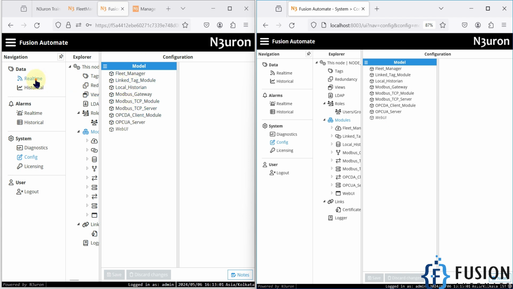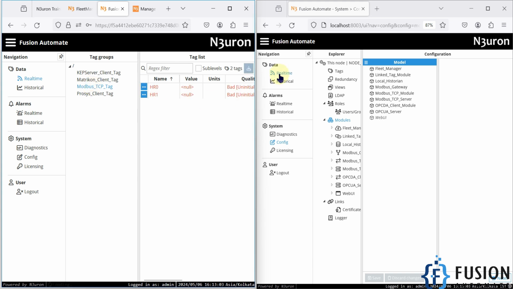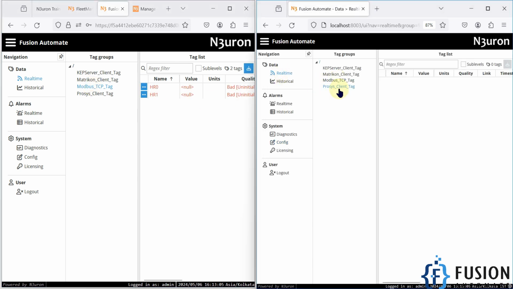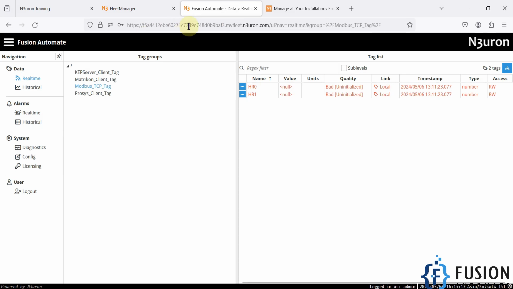Okay, and even if you go to the real time, then also you will see the same tag. Okay, Modbus TCP process, metric and cap server. So everything you will see locally, you will see remotely. Okay, and if you use this link in the mobile phone, then also you can view the entire N3uron web UI. So this is how you can use Fleet Manager to access your N3uron web UI remotely from anywhere in